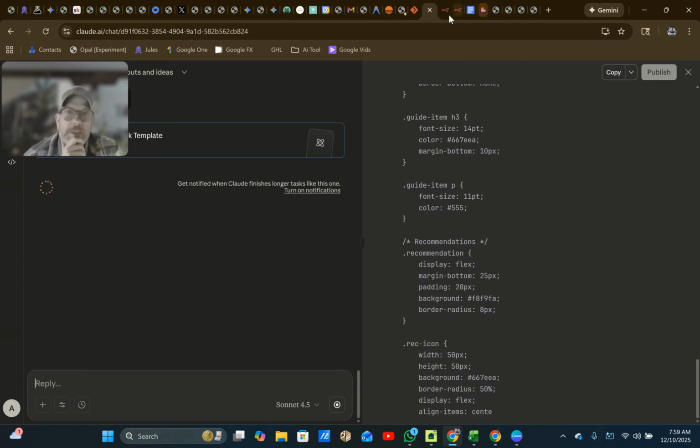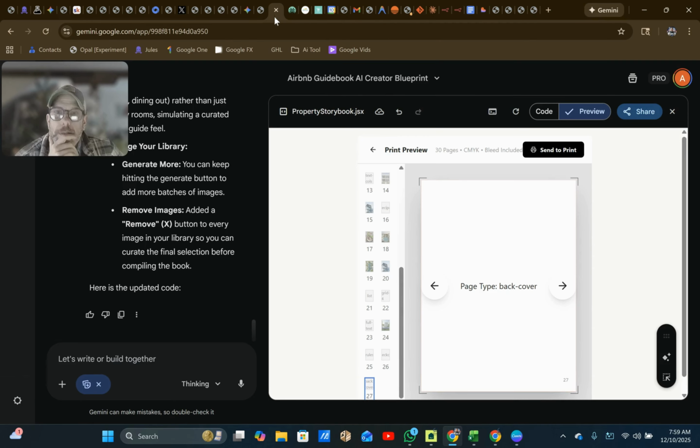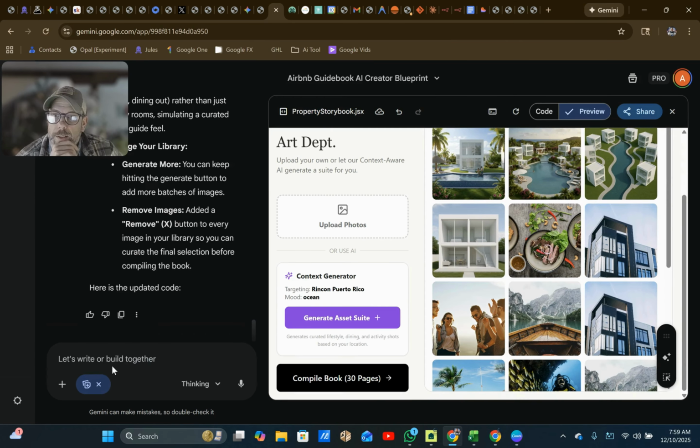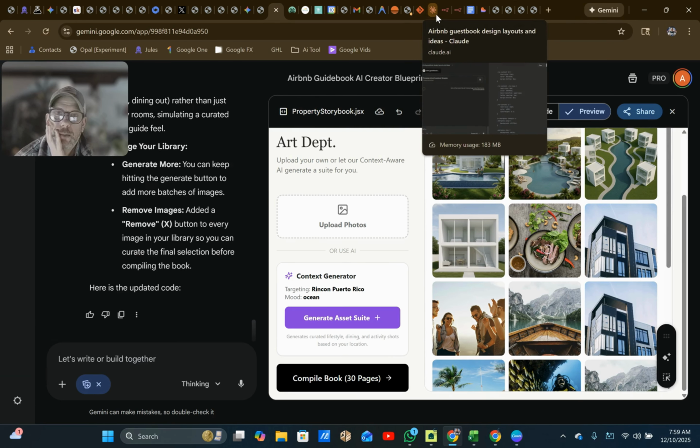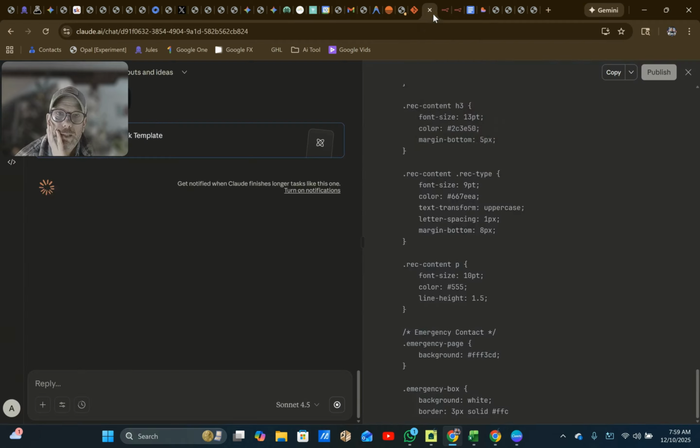All right, while that's thinking, let's go see if we can get this doing something here. So we want to go back to this page, and I want to tweak this a little. Actually, I might ask for some help on that as well, which might be worth it. So while this is doing this,